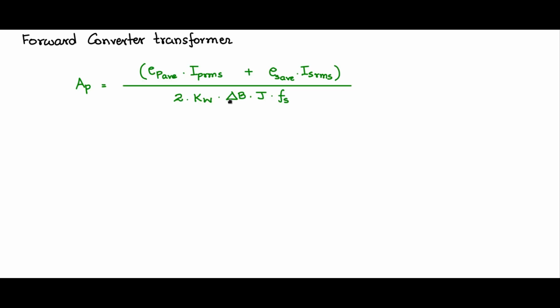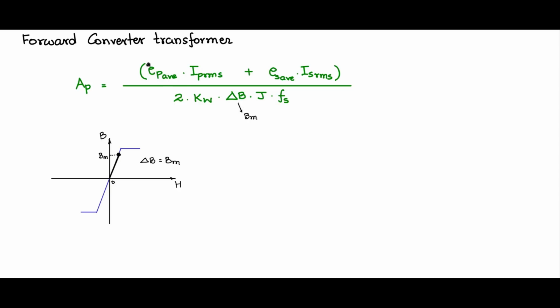First, delta B. In the case of the forward transformer, we know from the BH curve, I'll draw the BH curve. So you have the typical BH curve of the core. The swing in B is from 0 to BM only, because in the case of the forward converter, the forcing voltage is applied only in one direction, unidirectional, and therefore it will swing from 0 to BM and BM to 0. So in TS by 2 time maximum, it will swing from 0 to BM, and therefore delta B is nothing but BM.